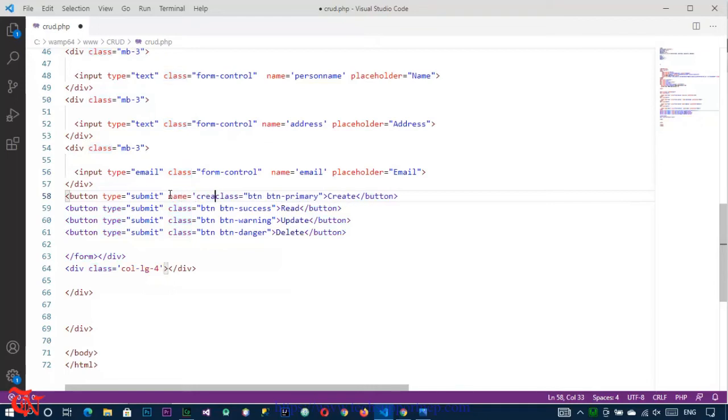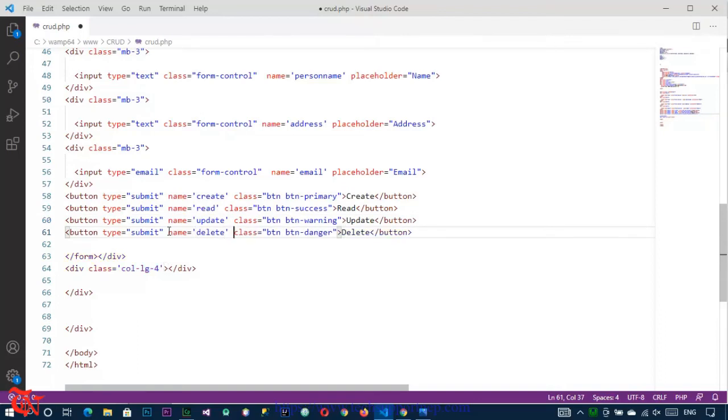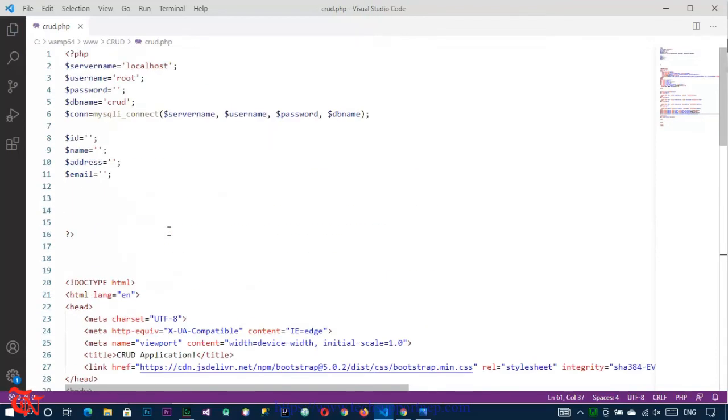name is equal to CRUD create, name is equal to read, here also name is equal to update, name is equal to delete. Save it and scroll up, and here when the user if is set, that means when the user clicks that read button, what we are going to do is $_POST,